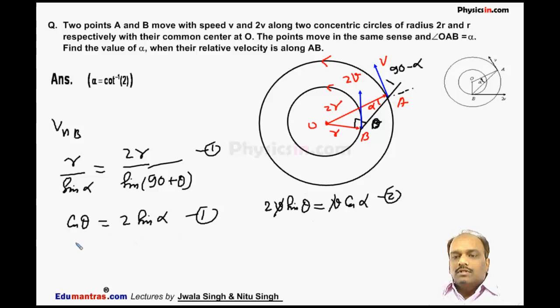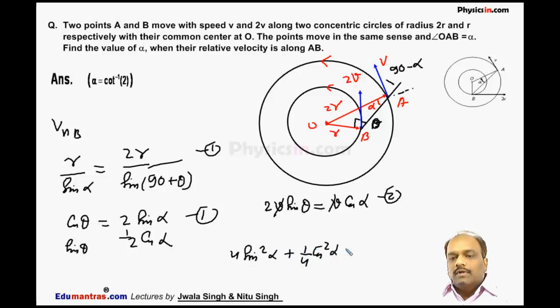We get sine theta is equal to 1 by 2 into cos alpha. So from here, if we square these two and add, we get 4 sine square alpha plus 1 by 4 cos square alpha is equal to 1. Now after solving it, we get cot alpha is equal to